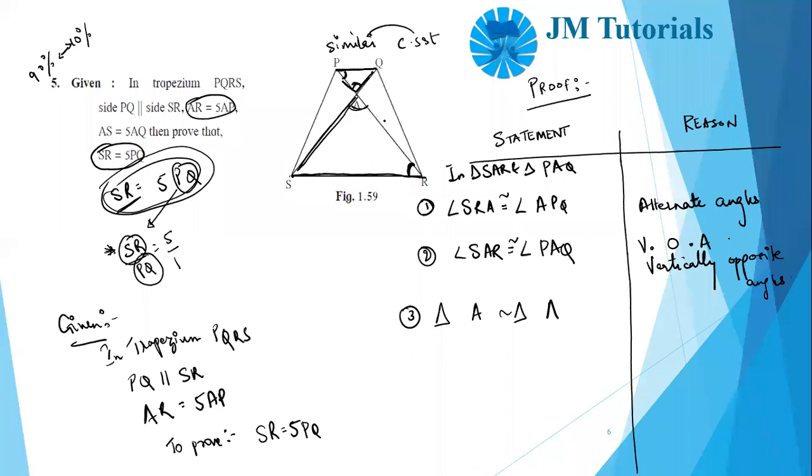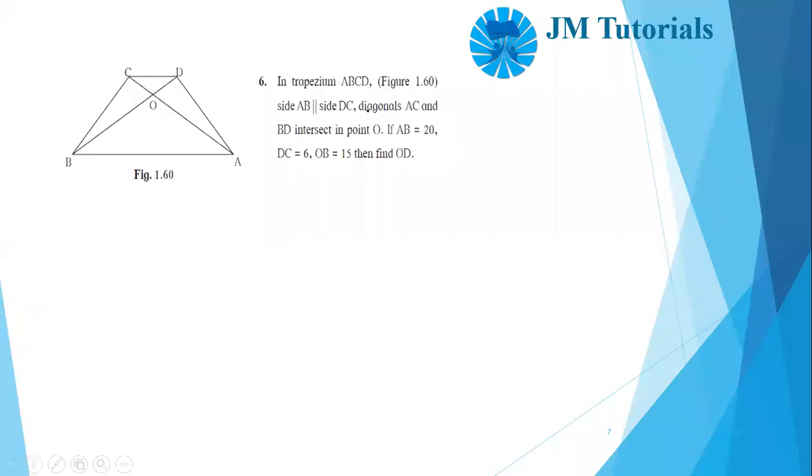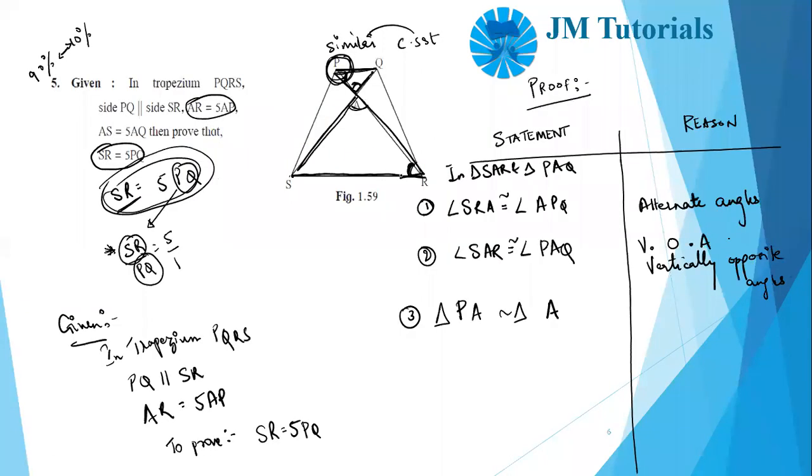This P went with which? Look at this P, went with what? This P and what were equal? Tell me. Come on guys. P and R, correct. See, I made this Z. At the time of making the Z, I got P and R. Now what is left over here? Q is left over here and S is left over here.